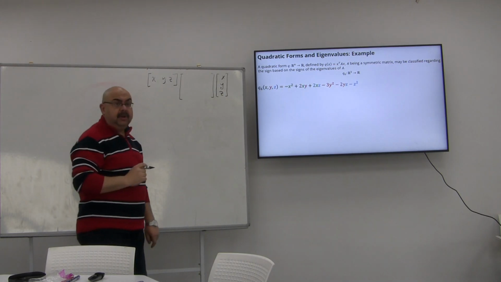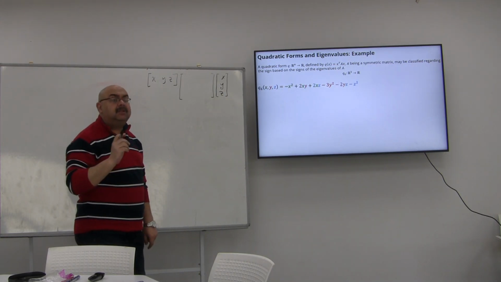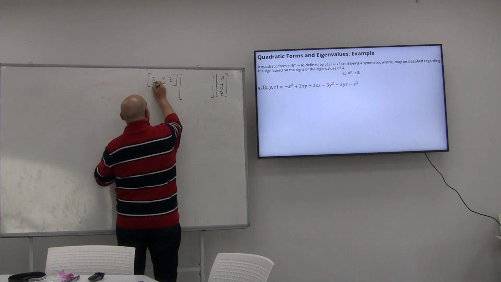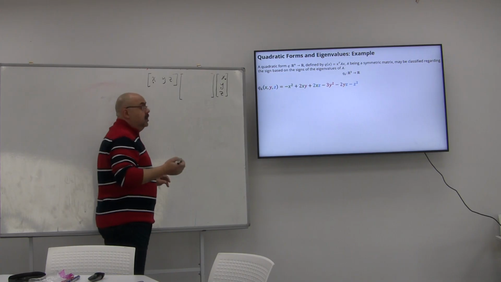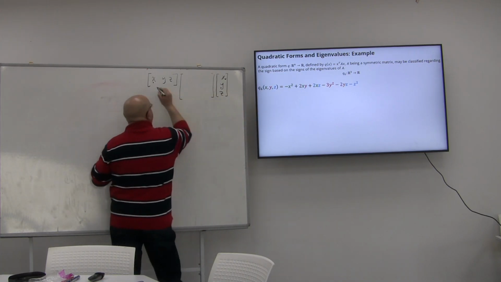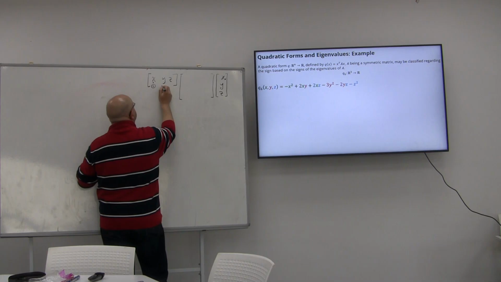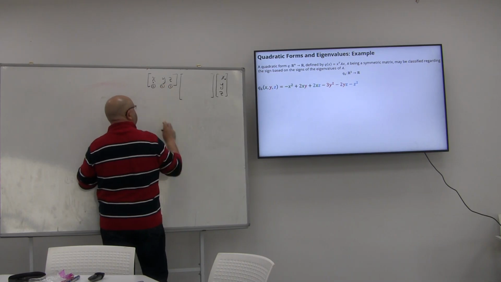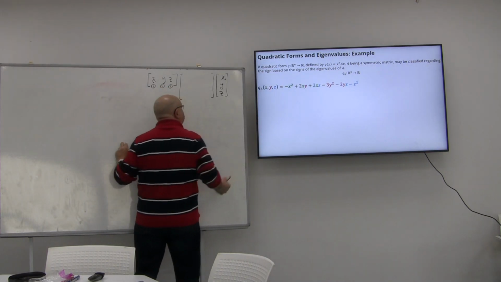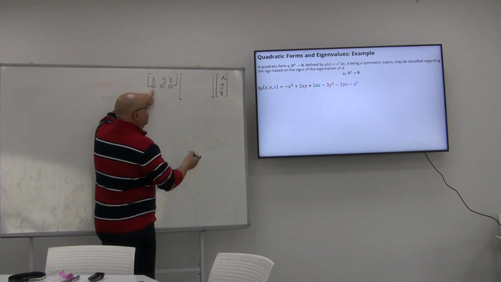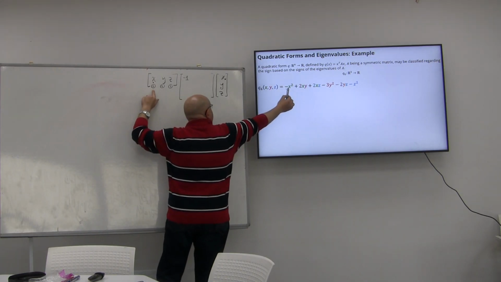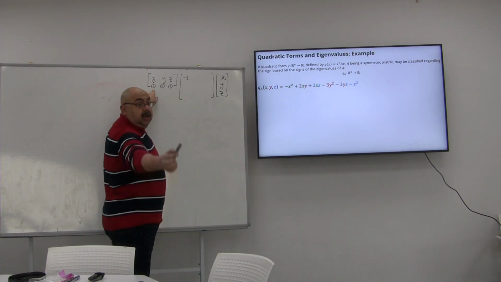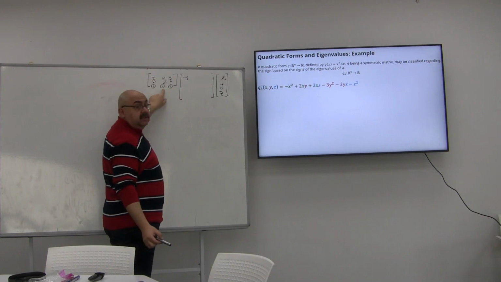I will go for the first term, which is X squared. Remark that I have X here and the X over there in these two matrices. So the first element will be, as I told you in the first lecture, this is number 1, number 2, and the number 3. Once you are talking about X squared, you mean the element 1, 1. So I will go to the element 1 and 1 and write -1, which is the coefficient in front of X squared. In a similar manner, for the coefficient in front of Y squared,